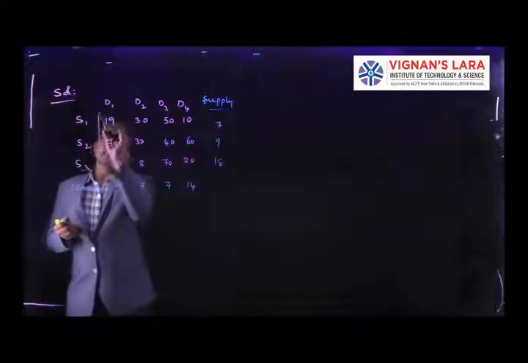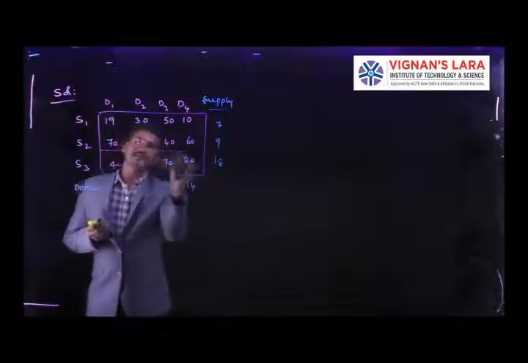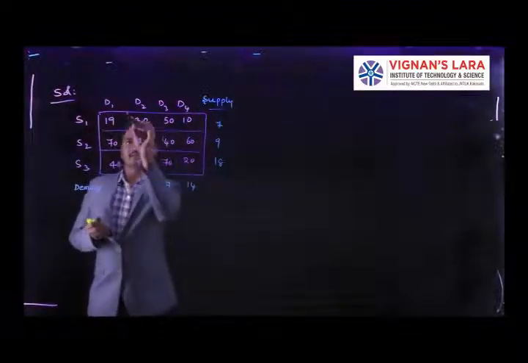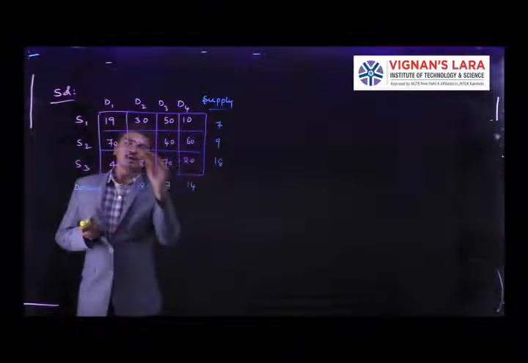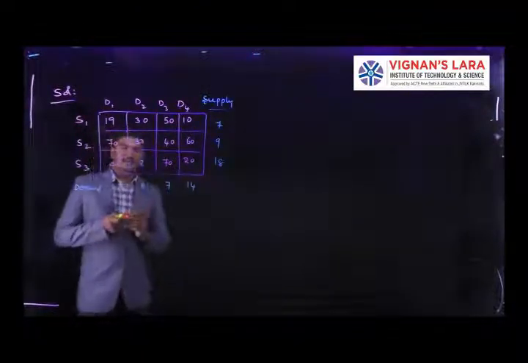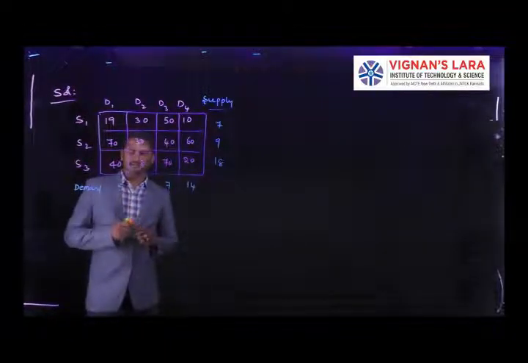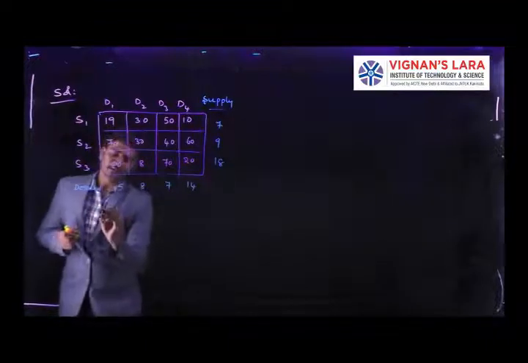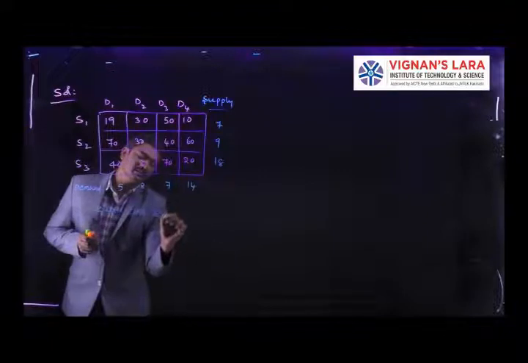Next, coming to the solution, now we are going to solve this problem with the help of the least cost entry method. In the previous lecture we discussed the northwest corner method, where we take the top corner, allocate the values, and then solve the problem. Coming to this method, this is the least cost entry method.